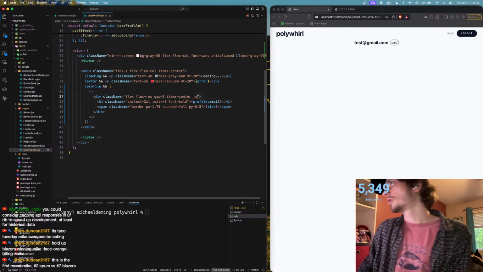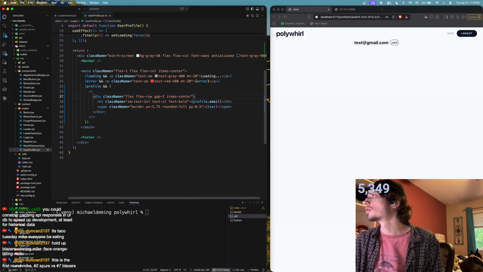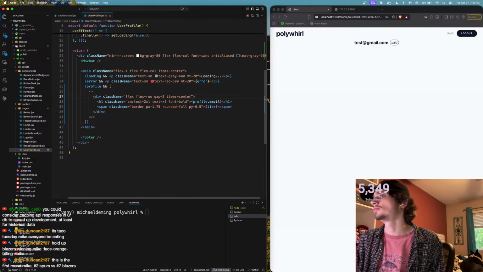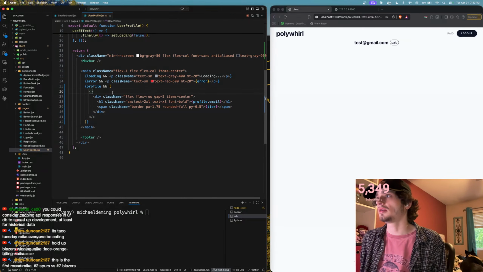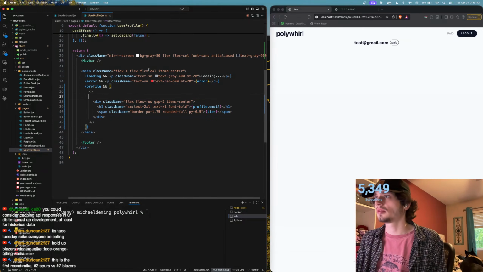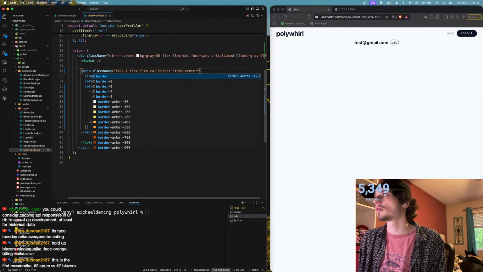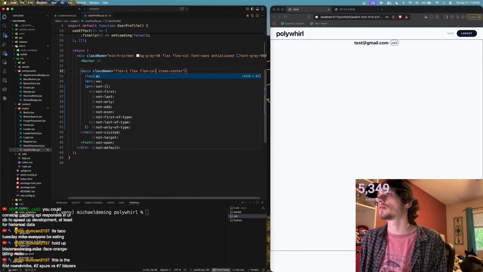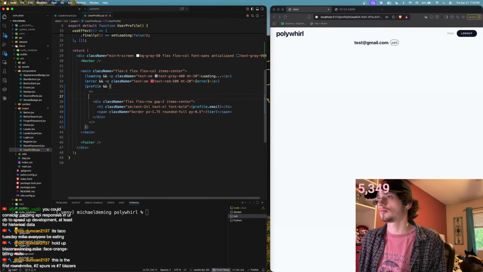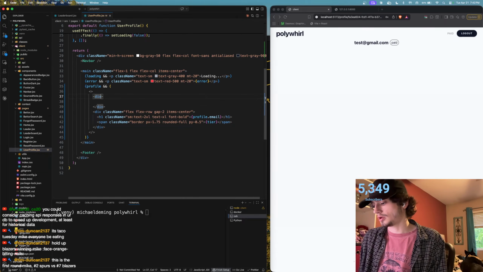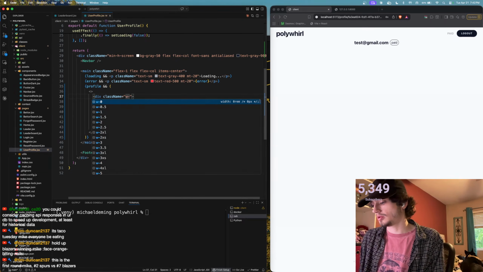It's good. So then what we'll do is pretty simple. You don't really need much. So we have, if I border this, what is this? The whole thing. Okay, so then this is going to be a div, class name with